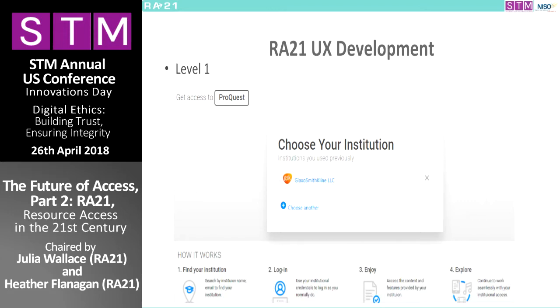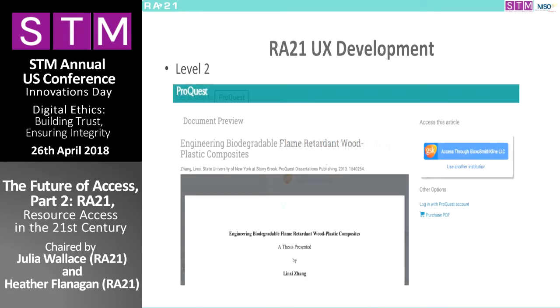You then go to the next site where you have to choose that you want to log in through Glaxo. And the level 2, it might look more like this, where that is actually up in the publisher website itself. And that requires an API to go out and grab that information and bring it back into the publisher UI. Okay, makes sense?